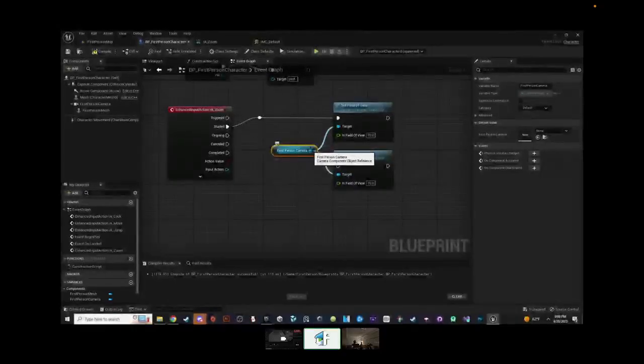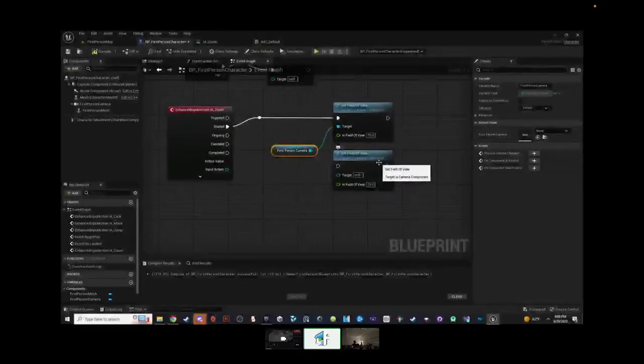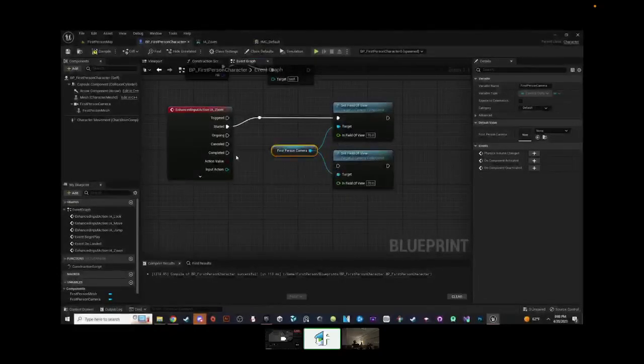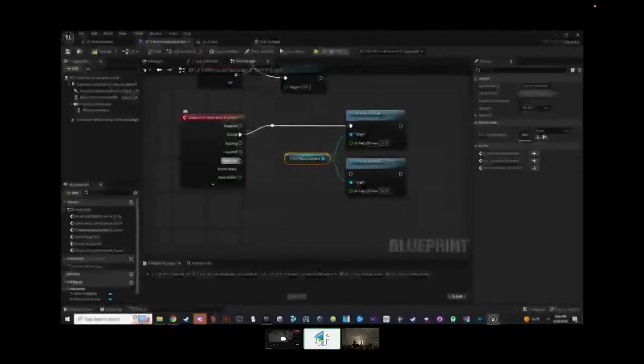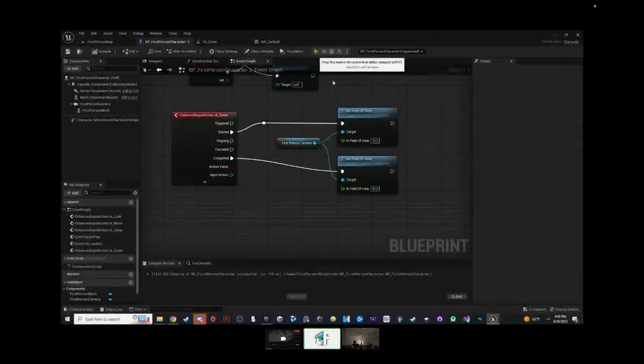Let's attach this node into the target because again, it was untargeted. But the thing is, the target is the camera component, and we're going to need that if we want to change it. So let's connect that to the target as well. And let's try to put it on completed. And let's reset that back to 90. All right, compile. Let's try that again.